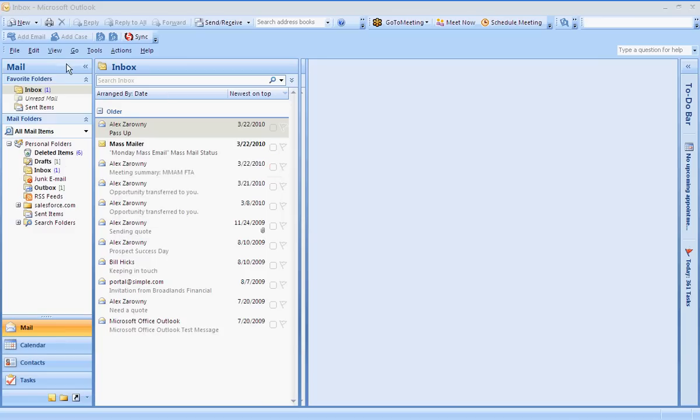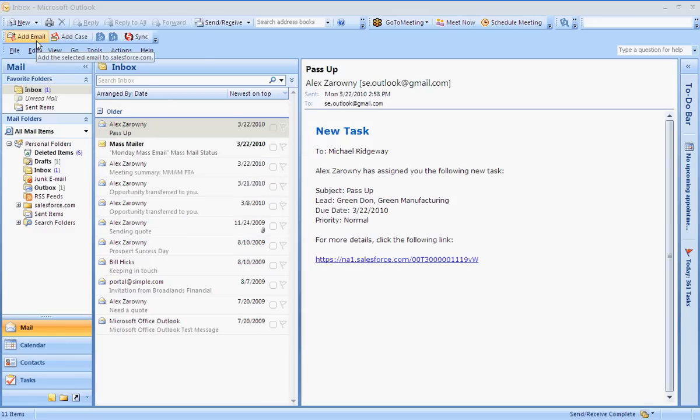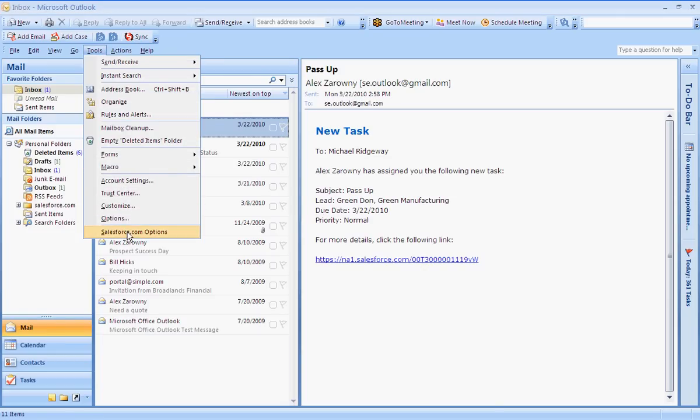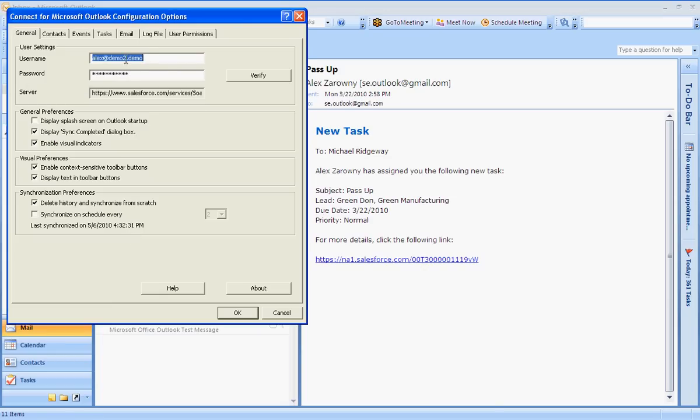There's a few things that have been added in. At the top here, you'll notice Add Email, Add Case, and Synchronize have been added. This is going to allow me to synchronize all of my items from not just mail, but calendar, contacts, and tasks. Now, in order to set this up, you go down to Salesforce Options, and you can log in using